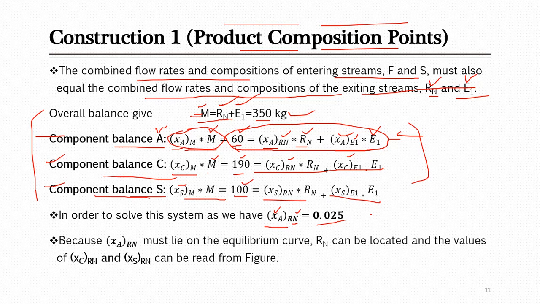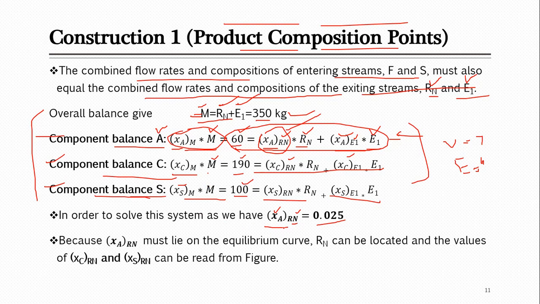Now just look at this. If I put this value in the equation, will it eliminate a number of variables? No. Overall you will put it here and one variable will be eliminated. So you will still have 7 variables, and still you have 4 equations. So we have to move forward. Now we have to look for something else. With the help of this information, which is sufficient, we can go to the diagram and find some other information, with which we will come back to these equations and find all other unknowns.